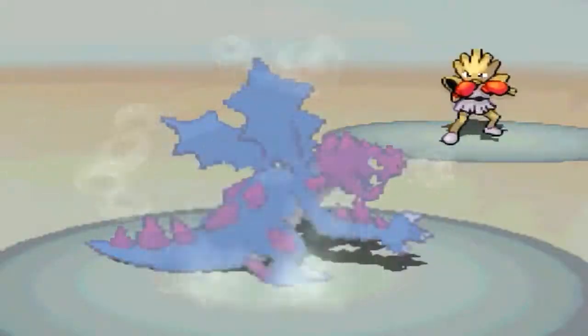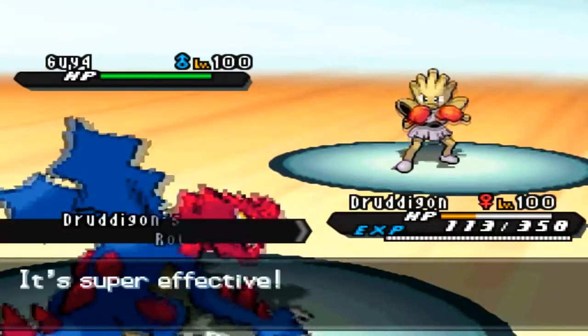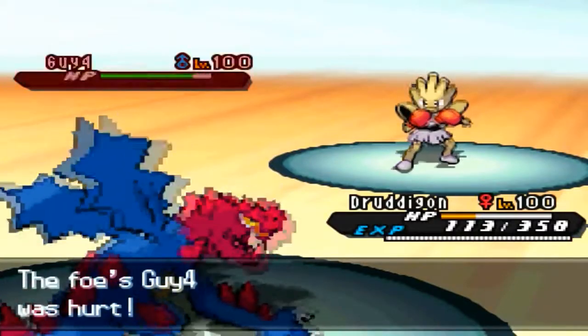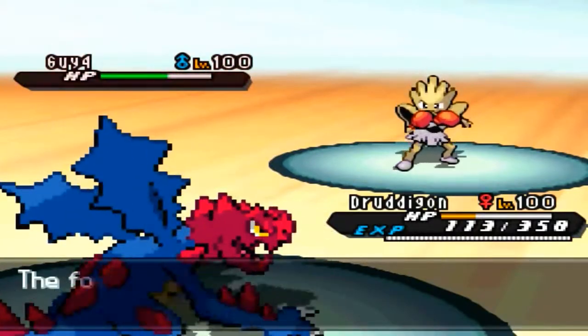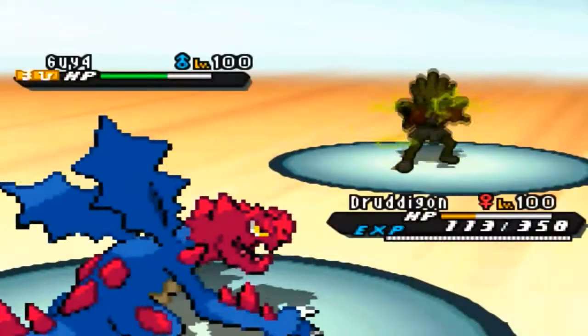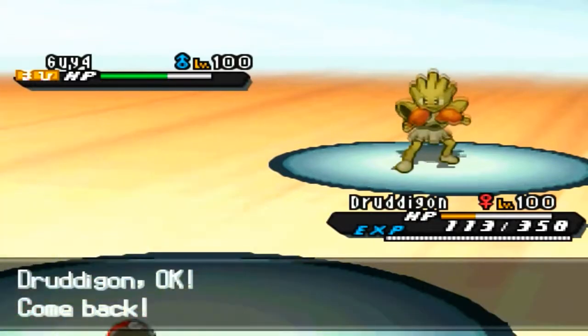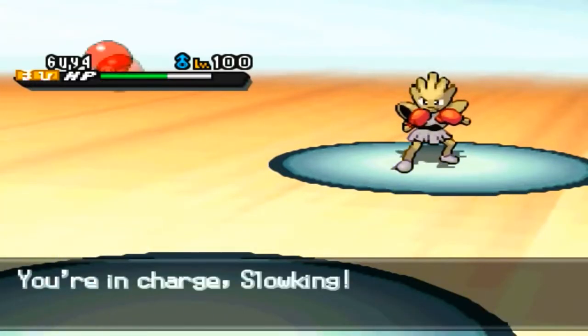as he switches into his Hitmonchan, guy number 4. He's going to use the Ice Punch, but since I am max defense, max HP, I'm going to take it fairly well, and that's a 2-hit KO. So Rough Skin, Rocky Helmet, and a free Life Orb recoil is going to take about 30% of his health away. Now, I'm just going to be able to Glare it and outspeed it if I ever so chose to,